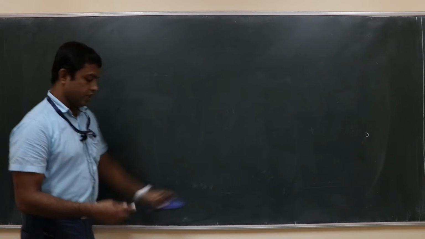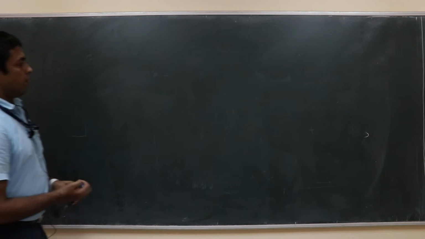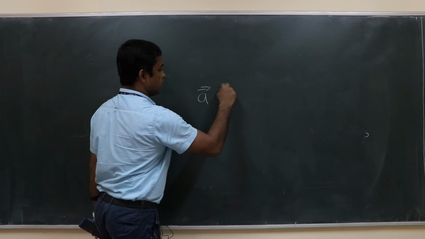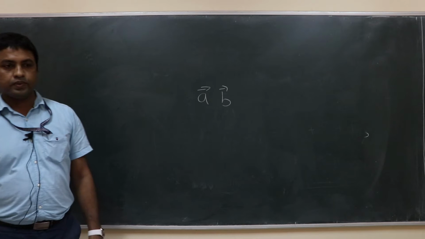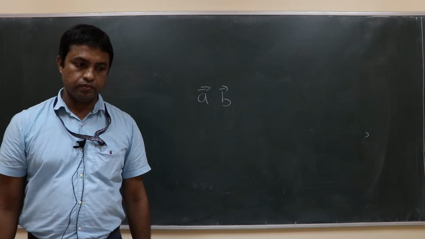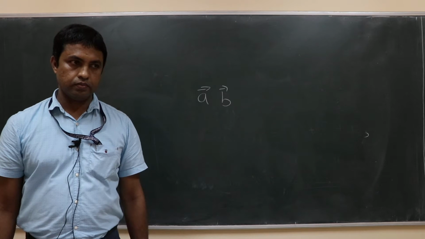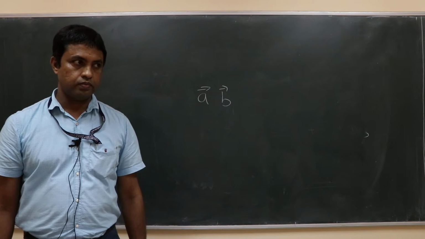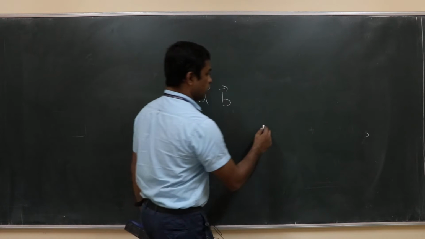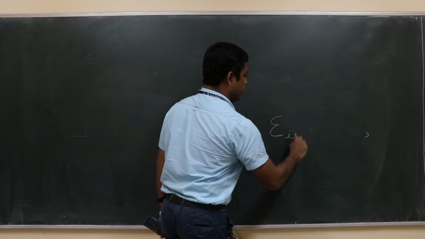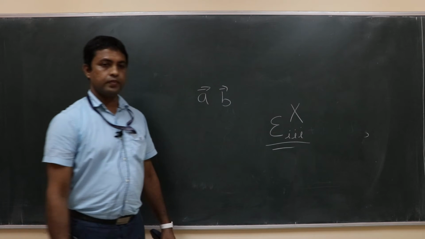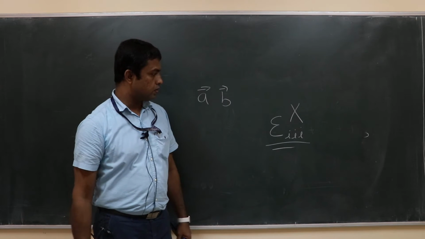Yesterday we said that A dot B, the two vectors' dot product... One small doubt. Sir, if we use sigma notation, can we put 3 indices, like epsilon iii, if we use sigma there? No, that is wrong. So epsilon iii is wrong if we put a sigma with it.